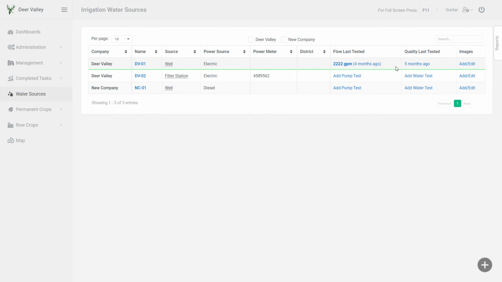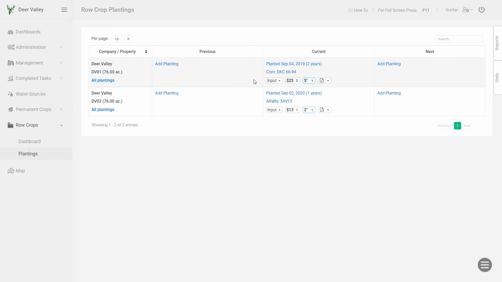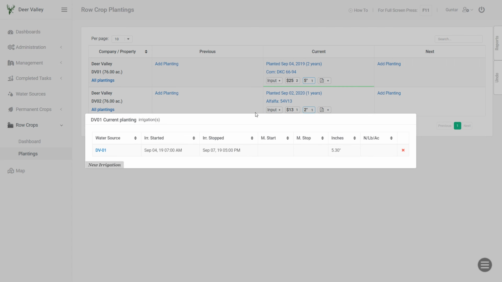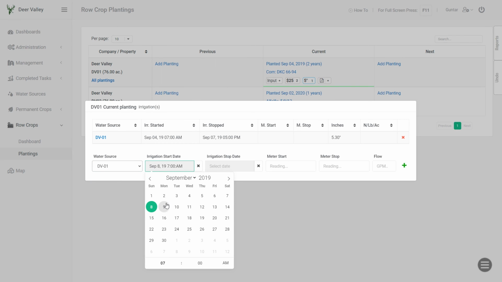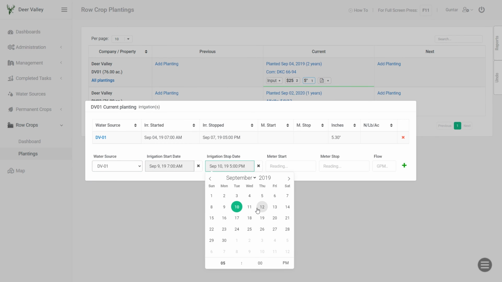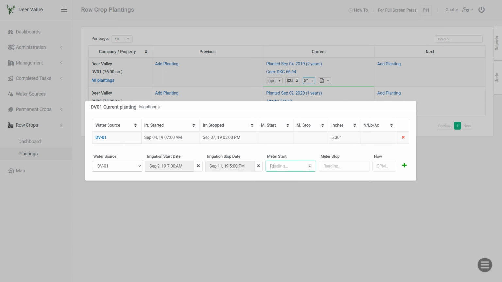So that water quality test was added for DV01. Let's go to row crops, plantings, and let's add one more irrigation to this corn planting. So I'll click on Irrigations, New Irrigation, and if you remember, that water quality test was for DV01. I'll select the start date, stop date, and I'm going to use the meter reading information, so 34 and 39, and click